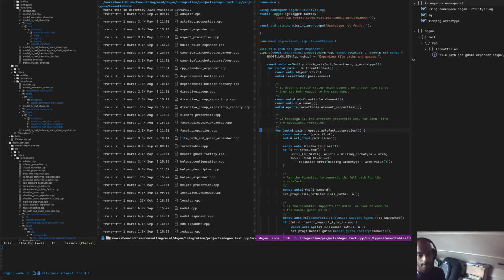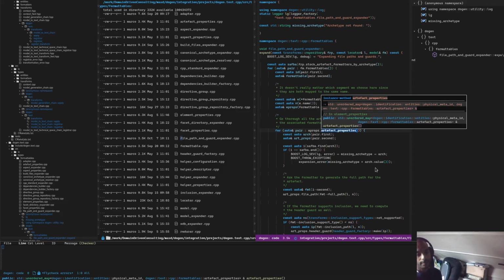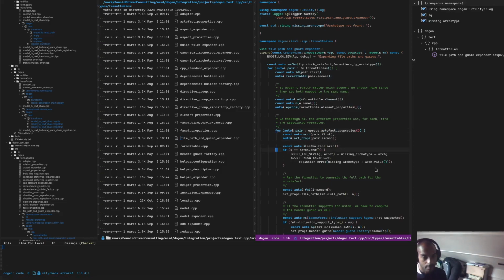for every artifact properties, generate the full path. And my understanding, if I remember this code well, is that the artifact properties are actually a very dense space. They contain every single possible permutation of a logical model type and physical model type. So not every point in this space is going to be a valid point, which would then imply that we must be doing some kind of